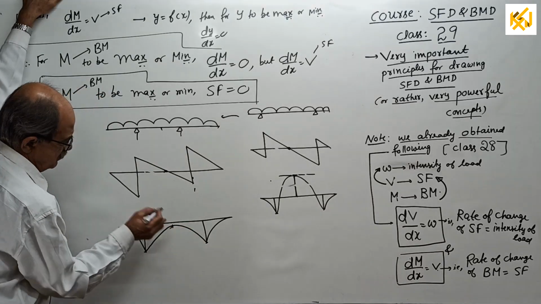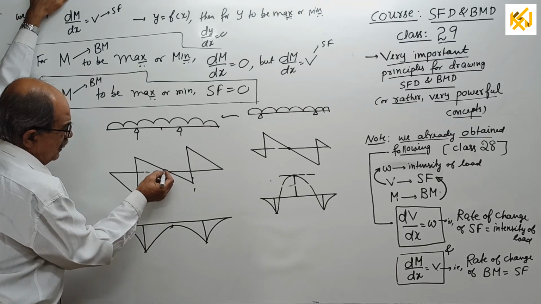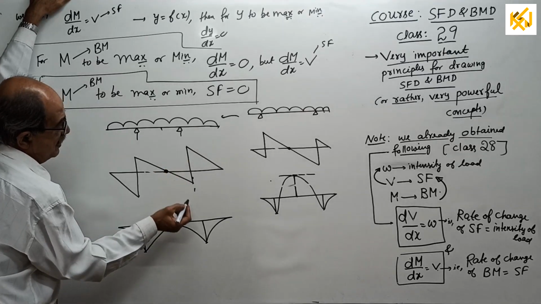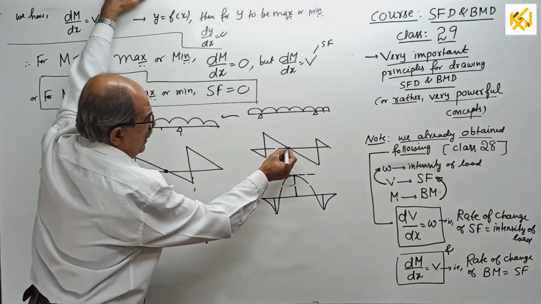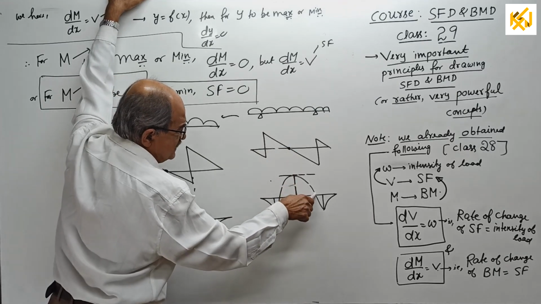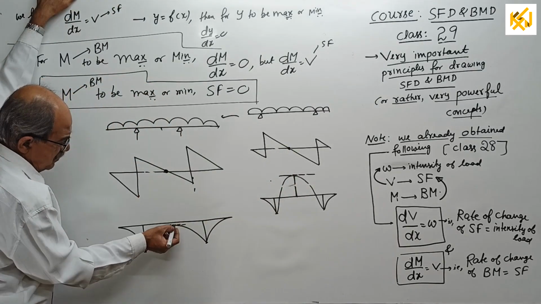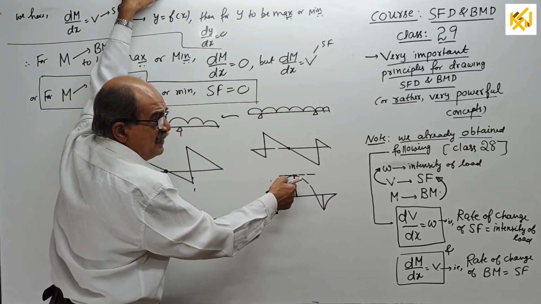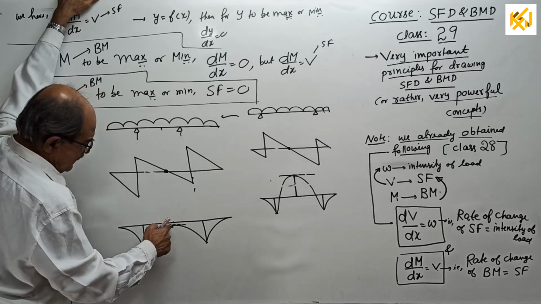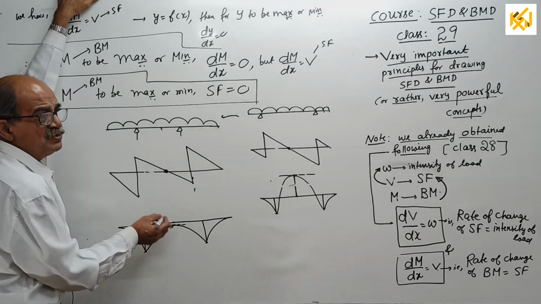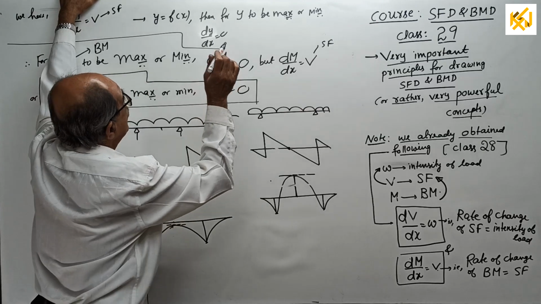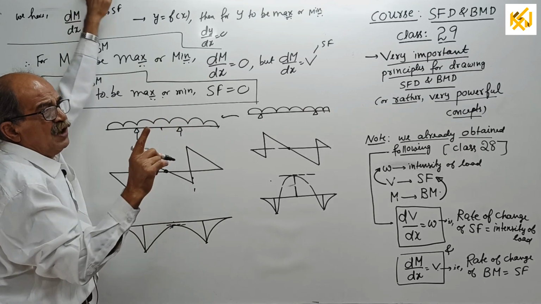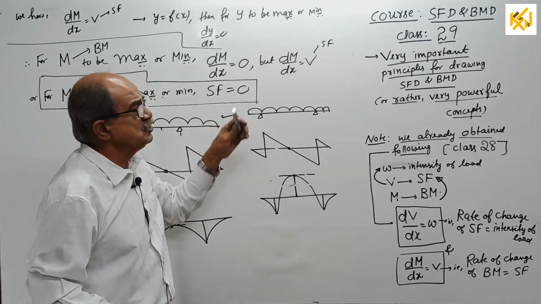See, this way. This is the point where shear force is 0. At that point, I can draw a tangent. Where shear force is 0, BM is maximum here, and where shear force is 0, BM is minimum there. Here, either side it decreases: here is the peak, the highest value. Here, either side it increases: here is the least value. So what is important? For bending moment to be maximum or minimum, only one of them applicable at a time, shearing force should be 0.